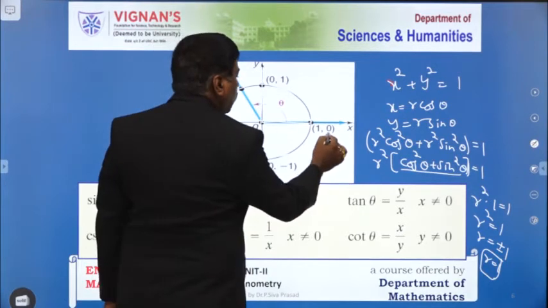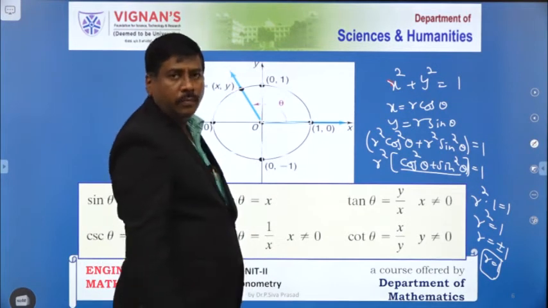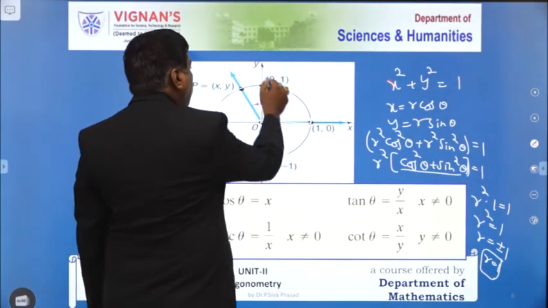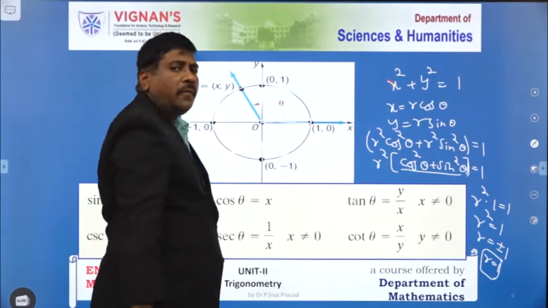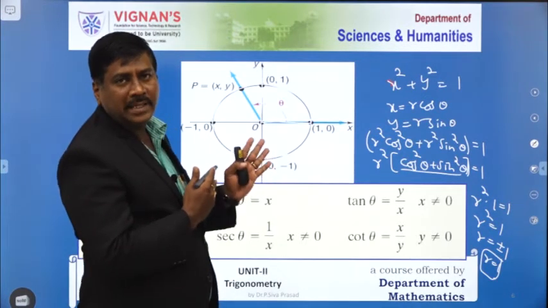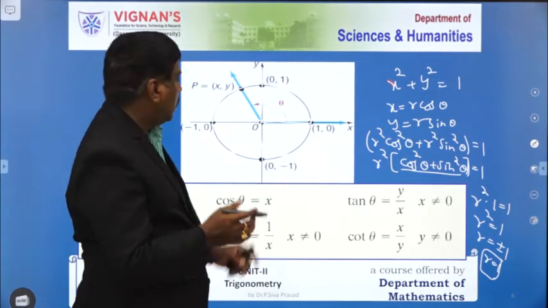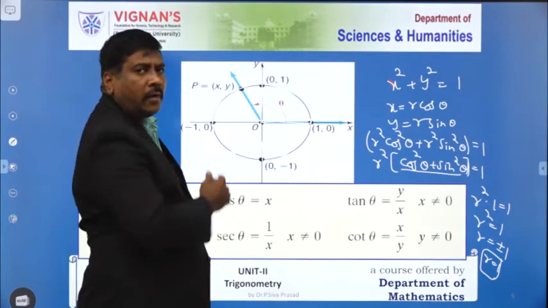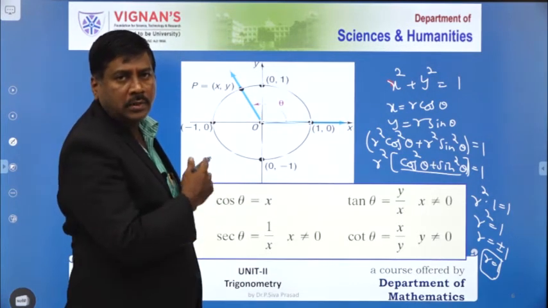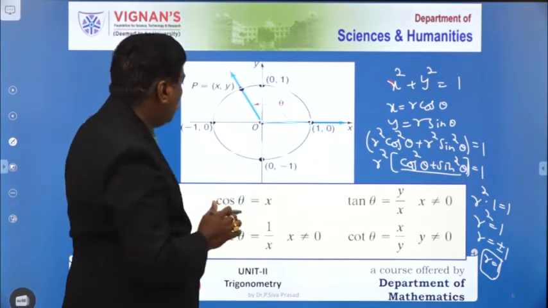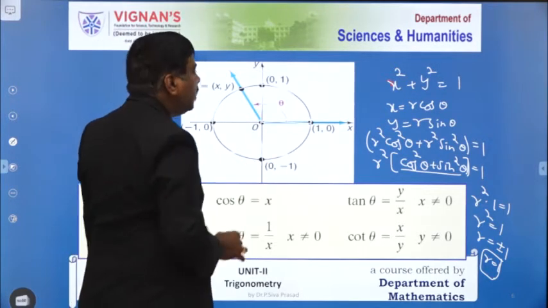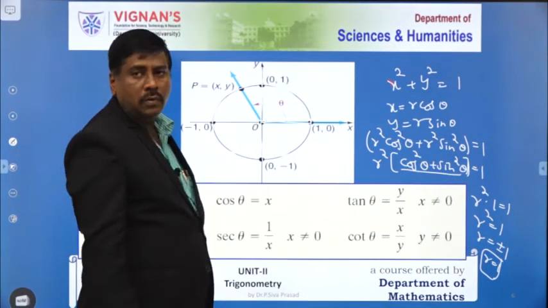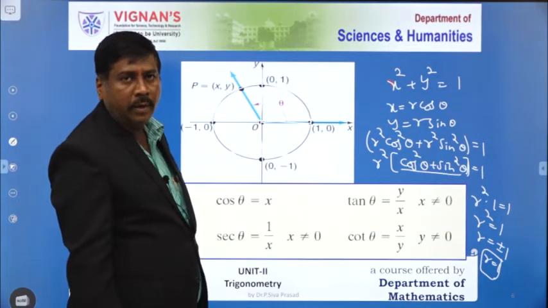Here the y coordinate value is equal to 0 because the point lies on the x-axis. And also here the point lies on the y-axis, therefore the x coordinate value is equal to 0. In a similar way, the point lies on the negative side of the x-axis, therefore here also the y coordinate value is equal to 0. And here the point lies on the negative side of the y-axis, therefore here the x coordinate value is equal to 0. Well, if you catch my point.